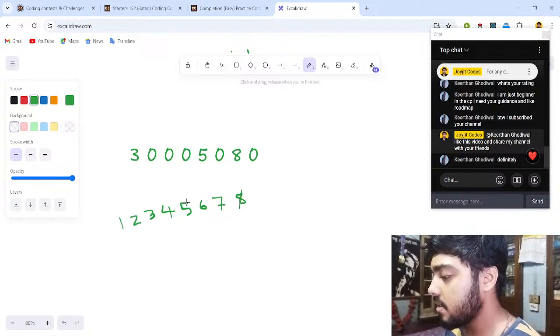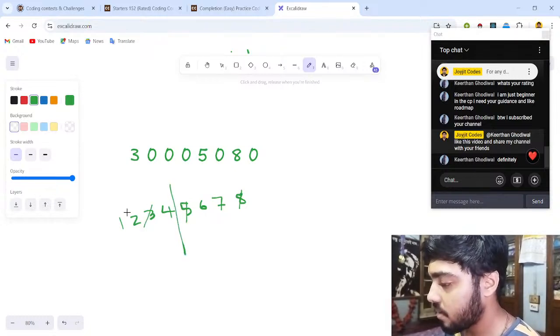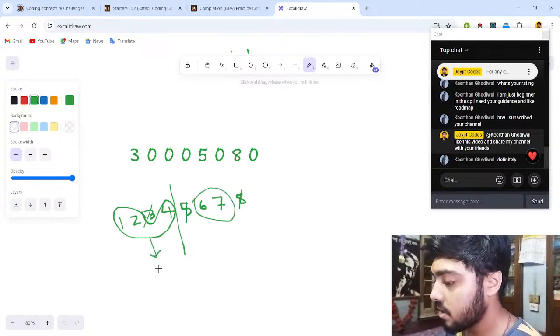Among this, 8 is there, 5 is there and 3 is there, and the partition will be over here. So how many are over here? There are 3, right? So there are 3 over here and 2 over here, which makes it 3 factorial into 2 factorial,